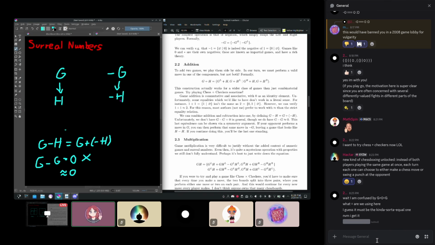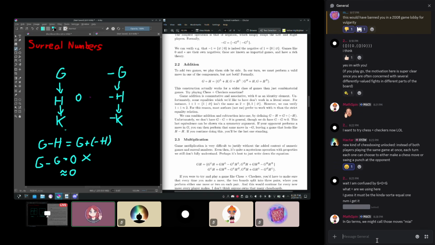And we could continue this, right? Maybe I could move this to negative K, and then you could move this to K, and we could continue on. And the thing is, eventually we're going to have to get to something that's just 0 and 0. And when this happens, I'm going to be the next player, and I'm just going to lose, right? So, yeah, that's how you can prove that G minus G is in fact order equivalent to 0.